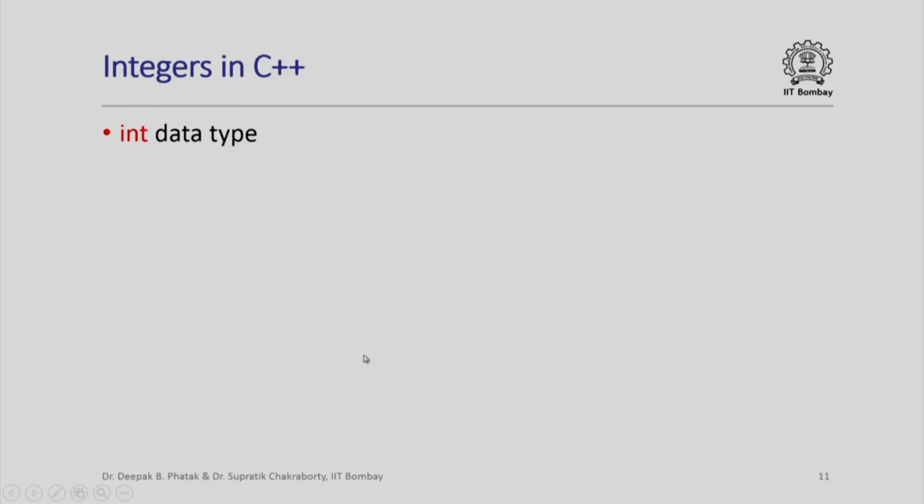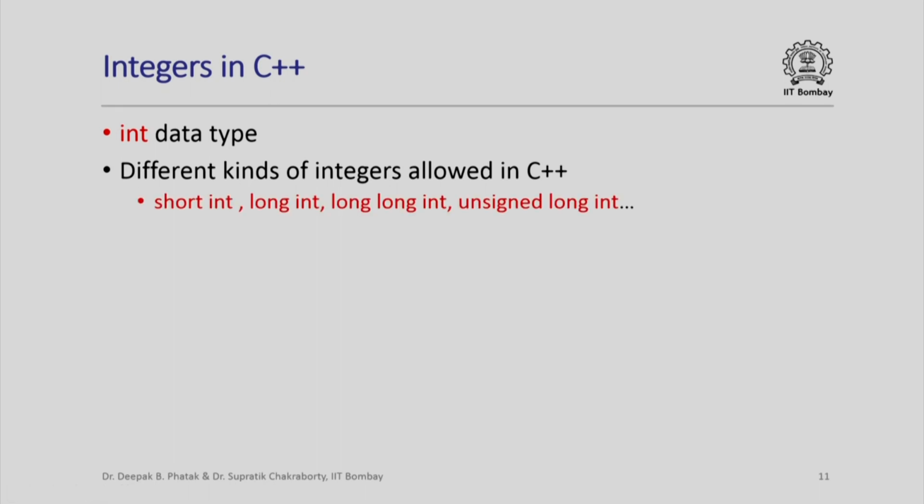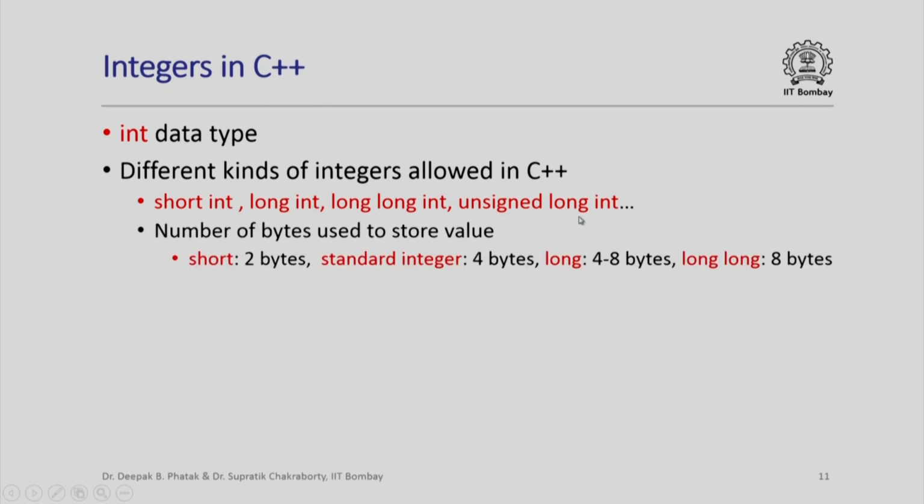Now in a C++ program, how do we go about saying that something is going to store integer values? We use this keyword int, which represents the integer data type. I have highlighted the keyword representing the data type in red, and C++ actually allows different kinds of integers. For example, I could have short integers, long integers, unsigned long integers, and what all these different qualifiers